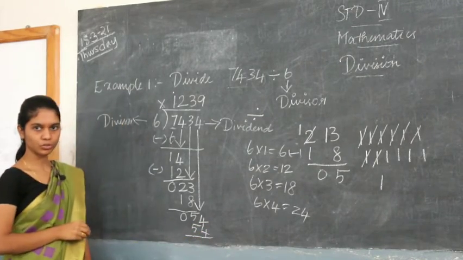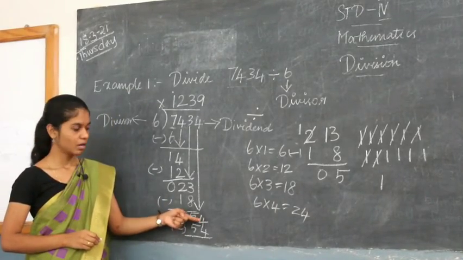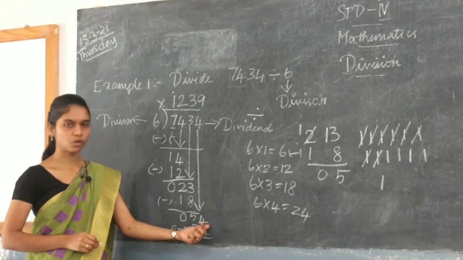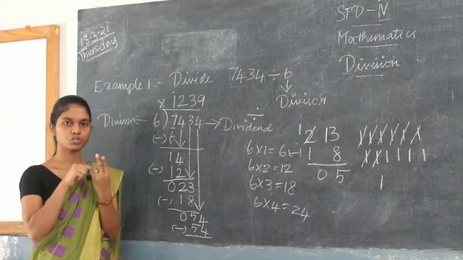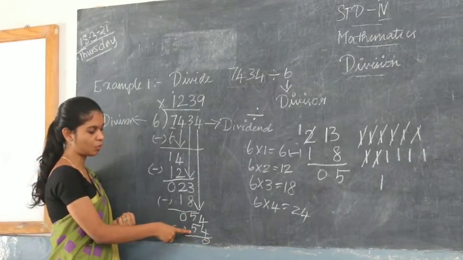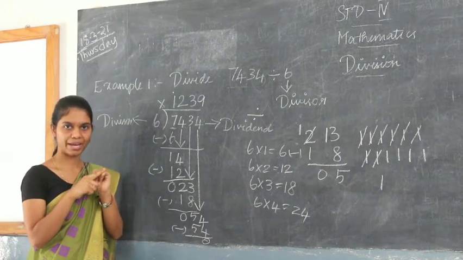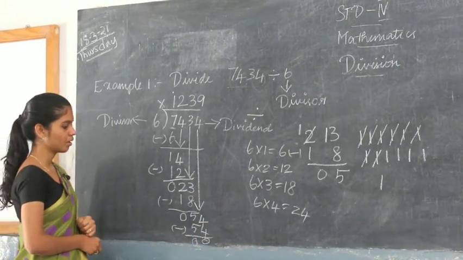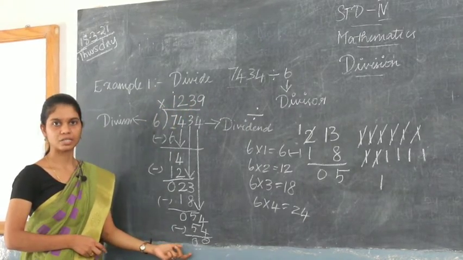54. Now what you should do? You should subtract them like always. So when you subtract 4 from 4, this is a 2-digit number. So you will start from the right side corner. In the right side corner you have 4. So when you subtract 4 minus 4, you will get 4 minus 1, 2, 3, 4, 0. Right. Now here you have 5 and down also you have 5. So 5 minus 1, 2, 3, 4, 5. How much? 0. Now you got 1, 2, 3, 9 on the top and down you got 0, 0.